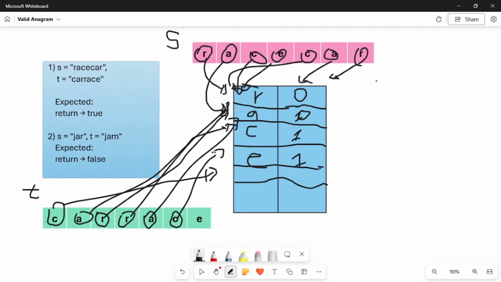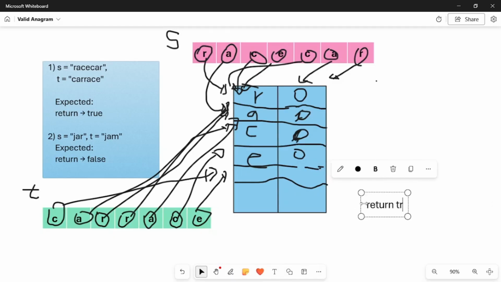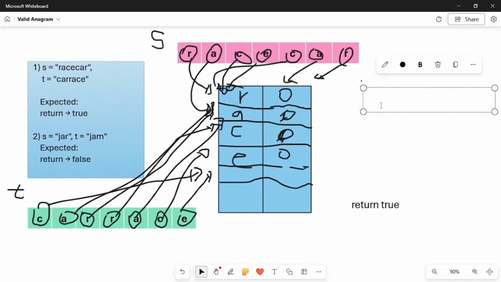C becomes 0 too, and we have E. We'll check for E here, and E is also 0. So E is also 0. Alright, and basically if this is the case, we've tested all of the elements, we return true, right? And another condition is going to be